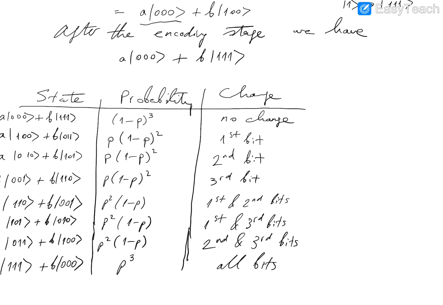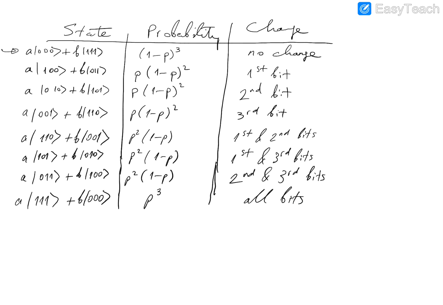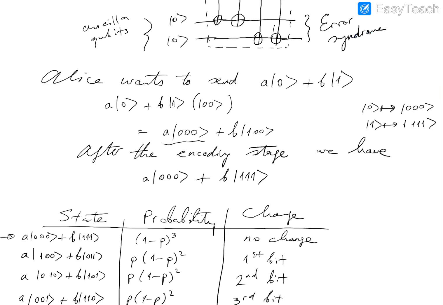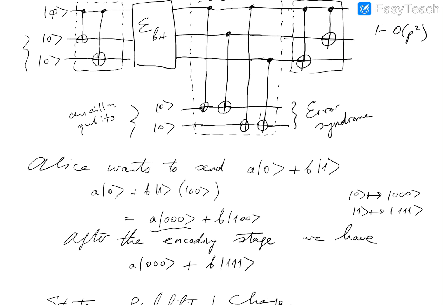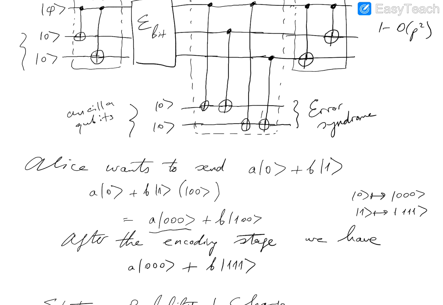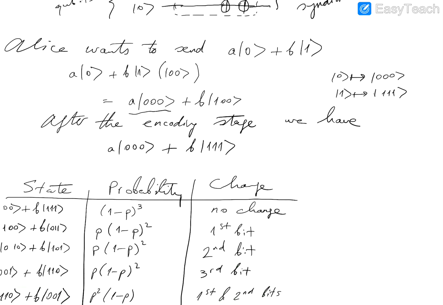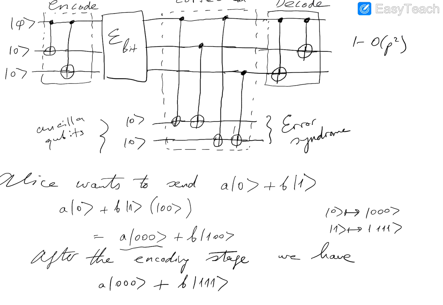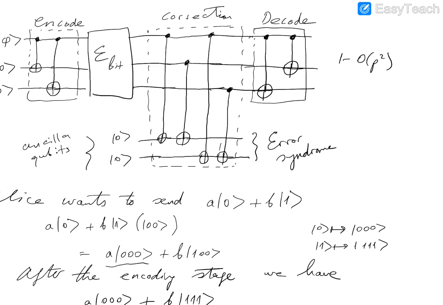Okay. And after applying the C0 gate, the compound 5-qubit state, so there are 5 qubits in total in the system, right? So after applying the C0 operation here,